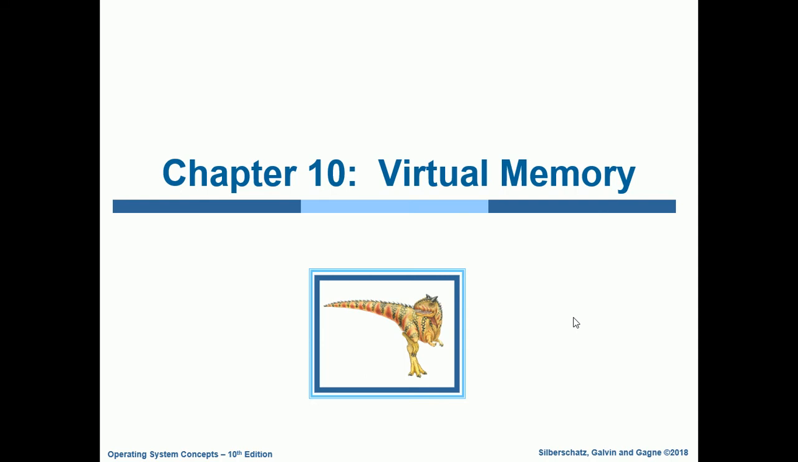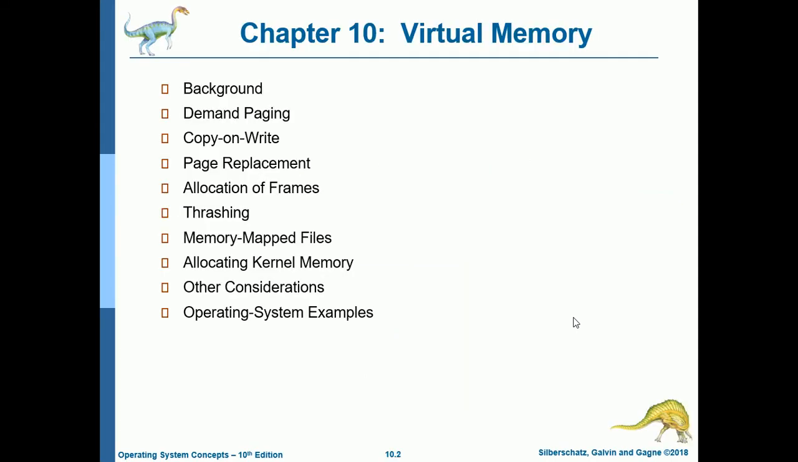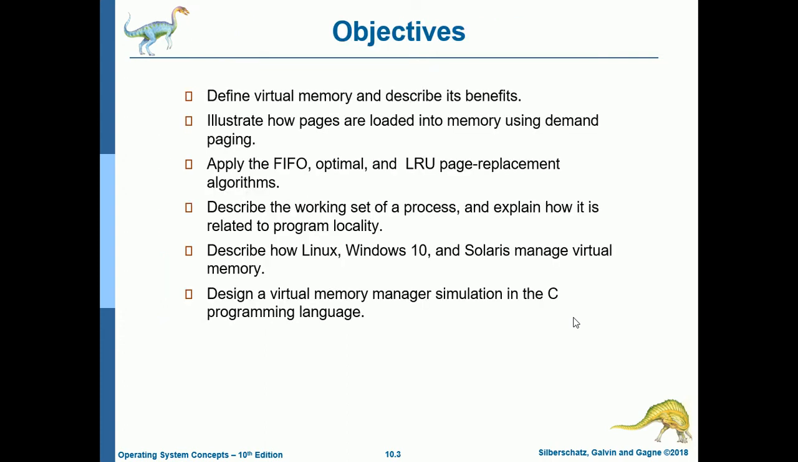Again, chapter 10 is all about virtual memory. The contents of chapter 10 are background, demand paging, copy on write, page replacement, allocation of frames, thrashing, memory mapped files, allocating kernel memory, other considerations, and operating system examples of their implementation of virtual memory. The objectives of this chapter are to define virtual memory and describe its benefits, illustrate how pages are loaded